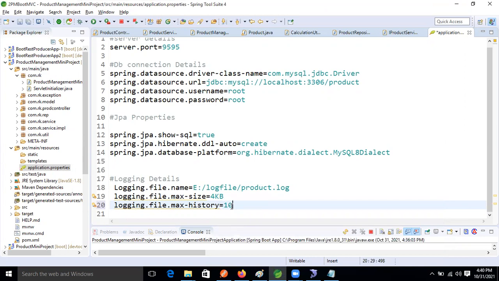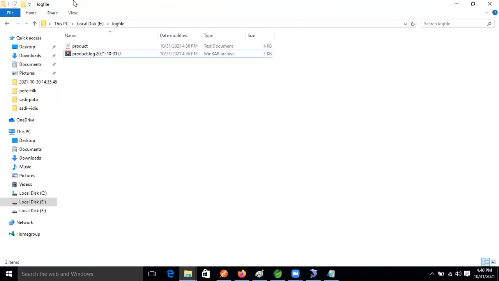If you put 10 here, then this file will be available in the server for how many days now? 10 days. Like this we can increase the date.